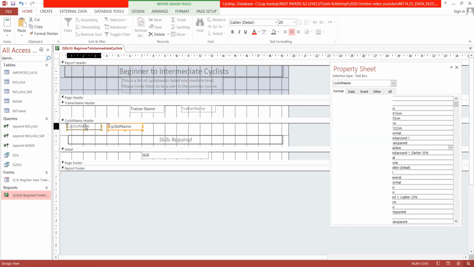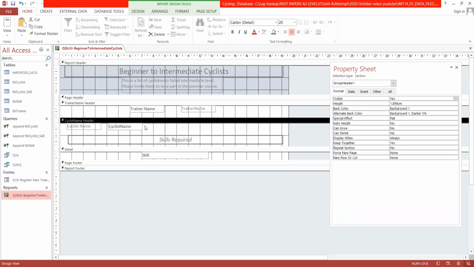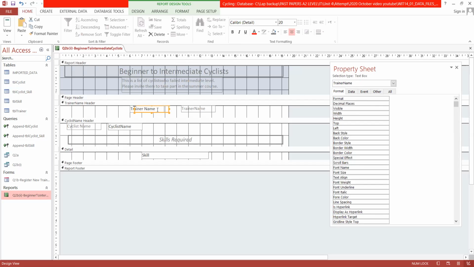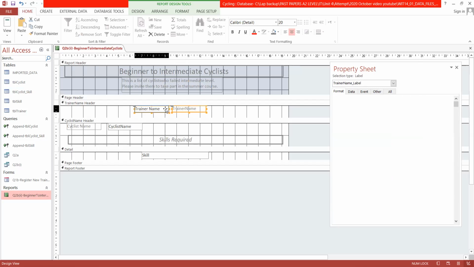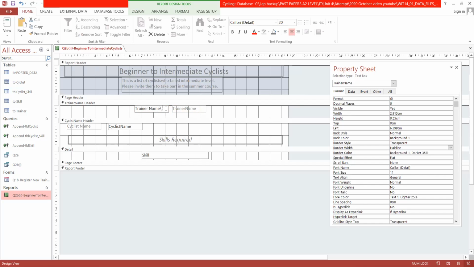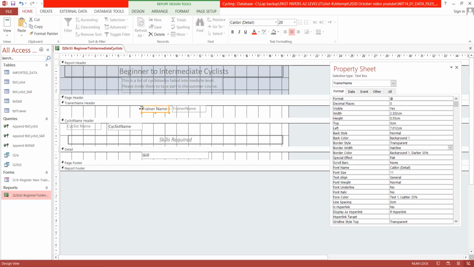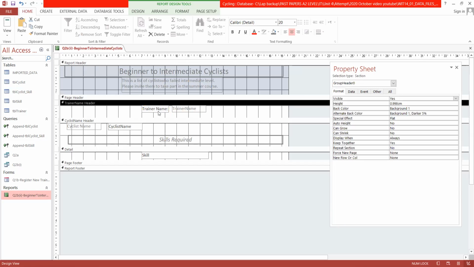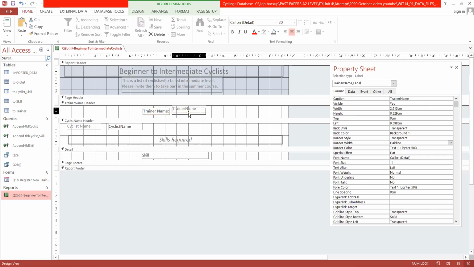This is not a label. This is a label. Takes a bit down, and